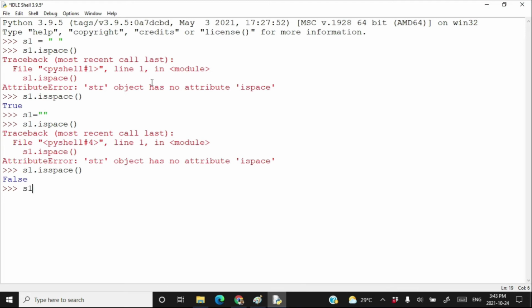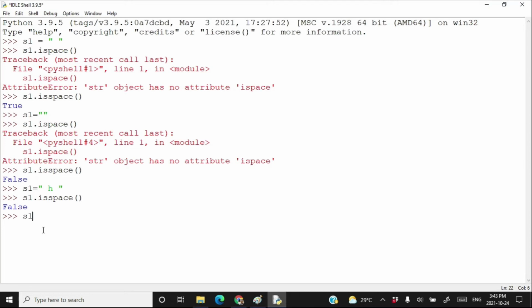If I create a string s1 is equal to space h space, then s1.isspace returns false, because this string does not only have a space, it also has a character.